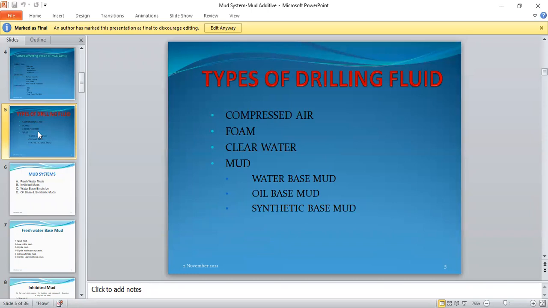Types of drilling fluid. Like we talked yesterday, there are a whole lot of drilling fluids. We have compressed air. Where do you use compressed air? Compressed air is used where you have consolidated formation that is very stable. Formations like rock. You can be drilling and the air will be blowing out the cuttings. You use compressed air. Instead of a mud pump, instead of a liquid pump, you use a compressor,